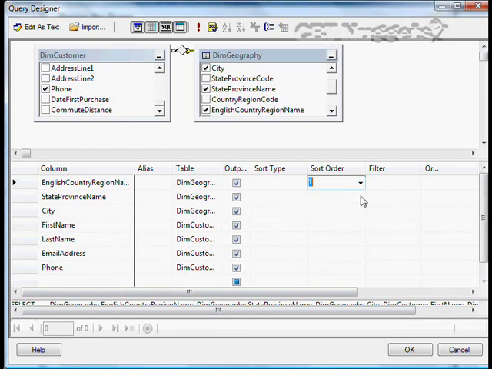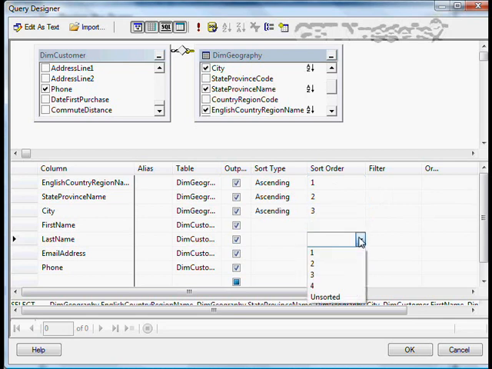Then we're going to provide secondary sorting on the state. So this will be 2. And then by city, then by the last name. So that would be number 4. Then by the first name. And there we go. Okay, so far that looks great. We're going to then click OK,